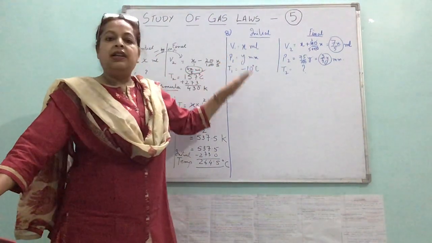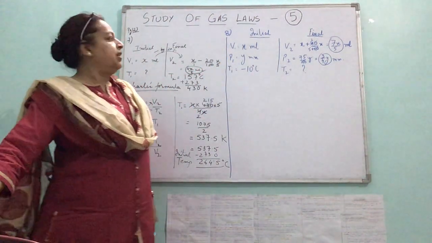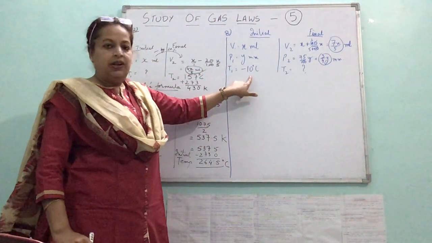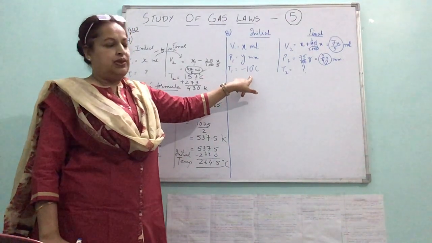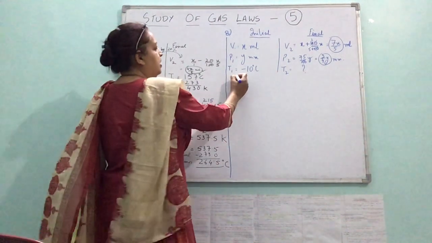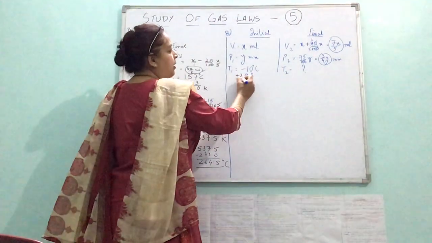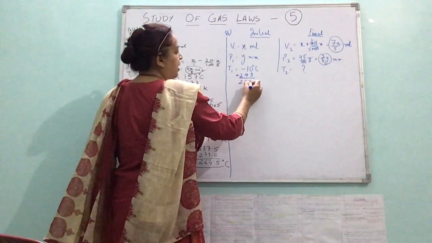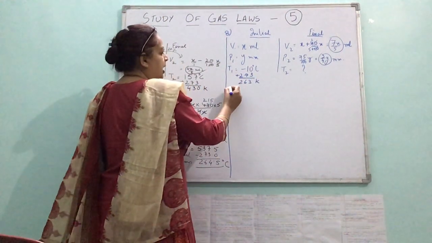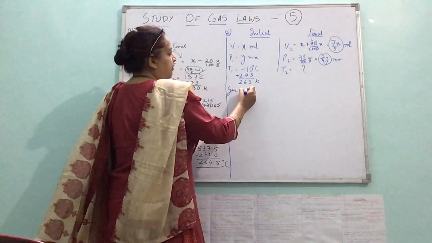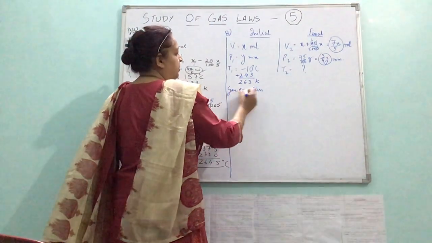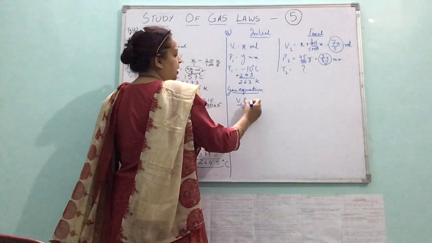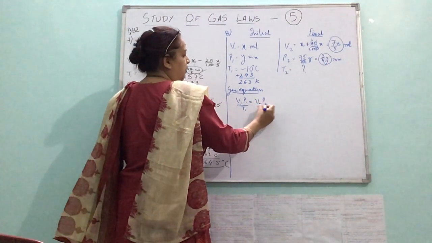So these are the type of numericals which are of course important. First of all, you have got V2 and P2. One more important thing, you know what is to be done here? Add 273, do not forget that, plus 273, apply rules of integers, opposite sign always subtract. So it would be 263 Kelvin. Then the gas equation, we will be using the gas equation because both temperature and pressure are changing. V1 P1 upon T1 is equal to V2 P2 upon T2.